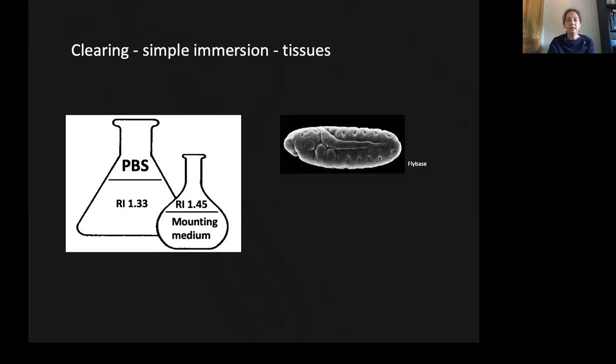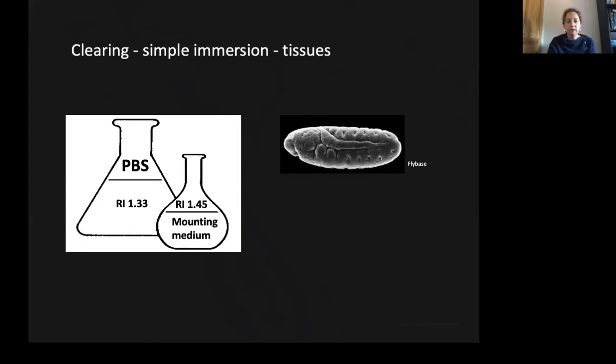Adjusting the refractive index of larger samples, such as this Drosophila embryo, might require a gradual series of washes to get the desired refractive index uniformly throughout the tissue. Many people have got into the habit of moving straight from an aqueous medium in which they're doing their staining into the chosen mounting medium.